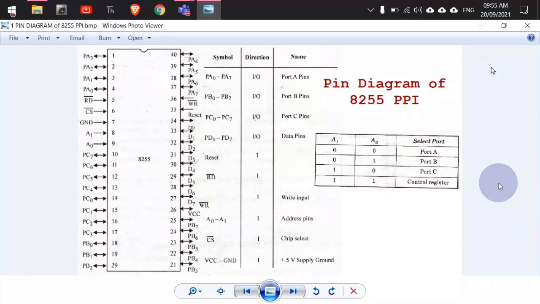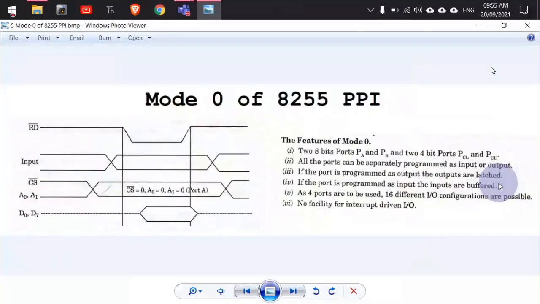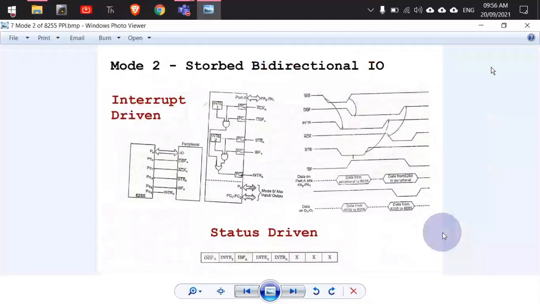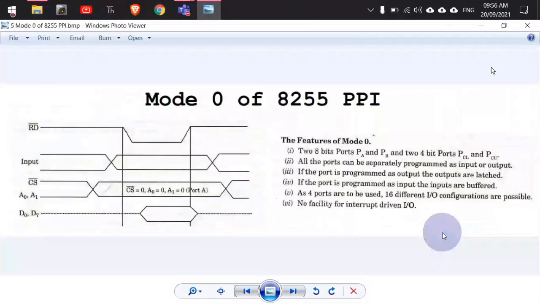And that is why in this timing diagram we do not have time. There is only a sequence of operations, but no time, right? I hope this point is understood by everyone: why timing is absent from this diagram, and that the sequence of operations is retained. We will discuss this sequence of operations next time for all three modes: mode 0, mode 1, and mode 2. After studying that, we will try to interface a keyboard device to it. So this week will be dedicated to the 8255 programmable peripheral interface, right? Any doubts in today's lecture?